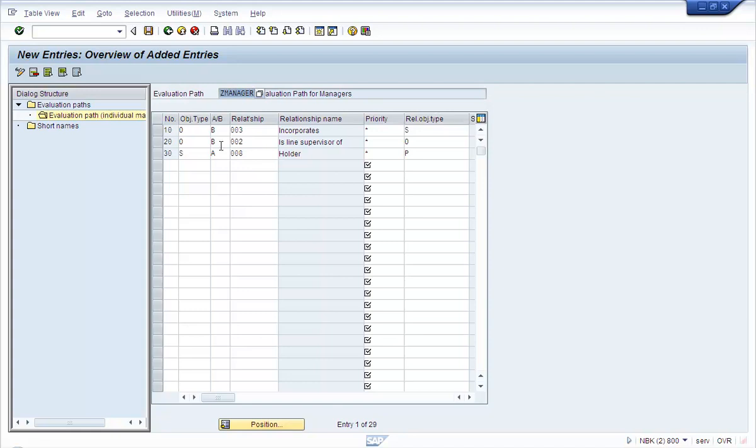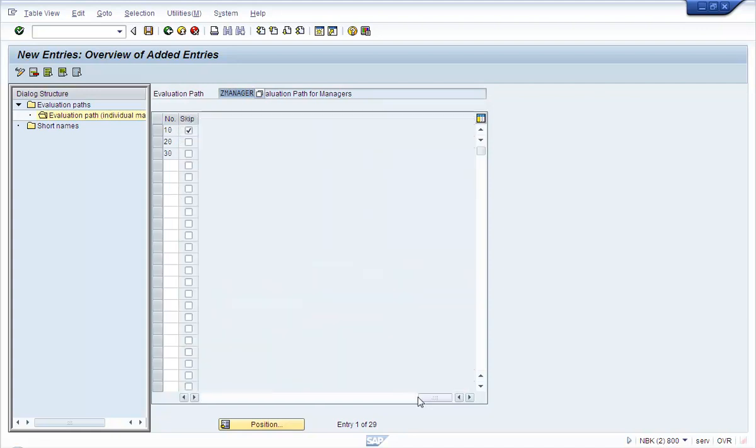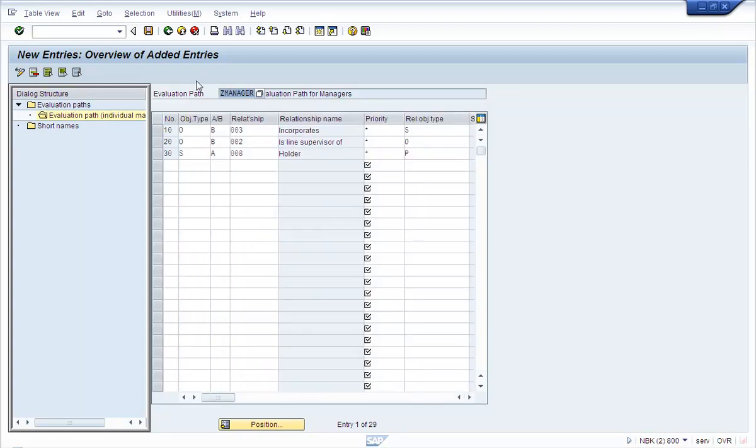So after you have defined the evaluation path, you could save it. Now one more thing you need to remember here is that some customers may end up creating their custom relationships. So if there is a business requirement in which those custom relationships have to be used, then you could use them here by adding another entry.